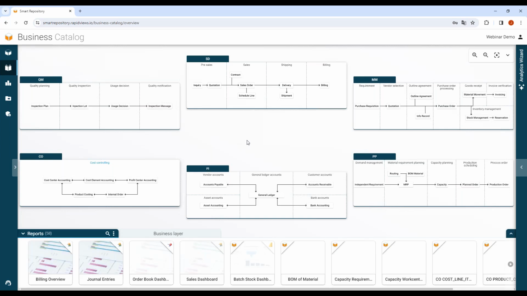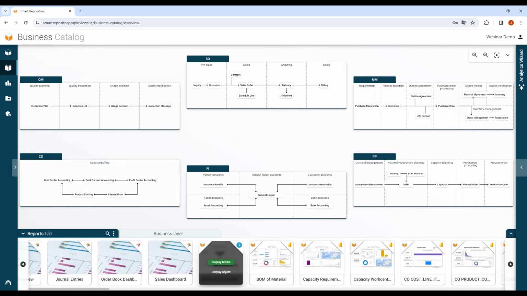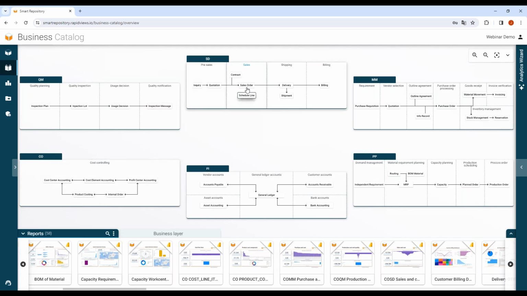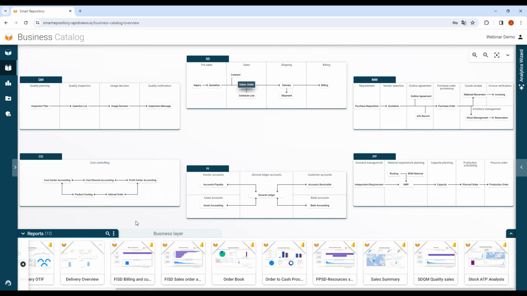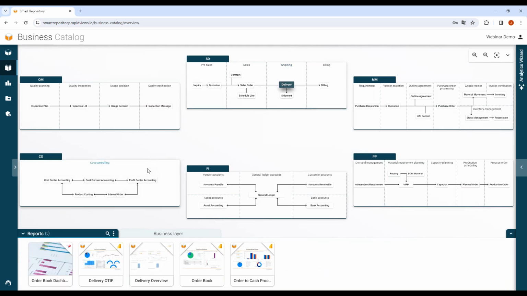If I decide to filter the report, the view, or the data mart, I can click directly on the brick. I can click on the sales order brick, and automatically the referential filters on the 12 reports based on the sales order. If I click on the delivery, the RapidViews referential filters on the 5 reports based on the delivery.